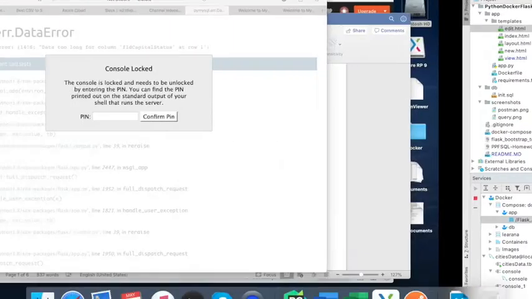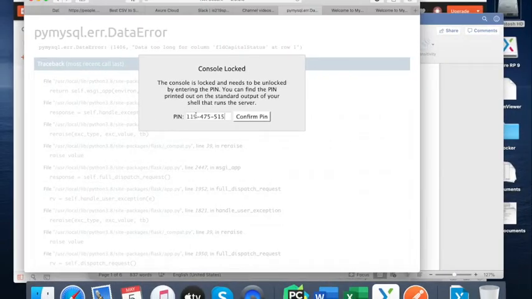We really need to see inside the web server because it's kind of like a smash up between SQL and the web server and Python all together. So this allows us to get inside and see